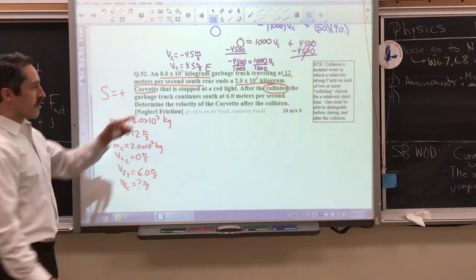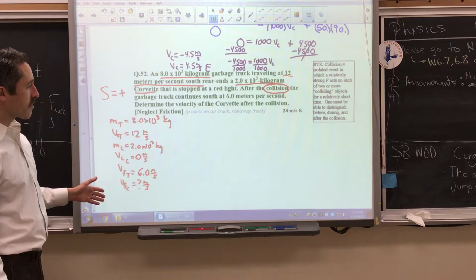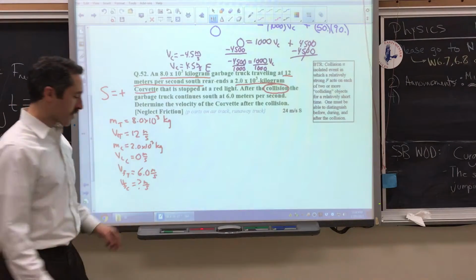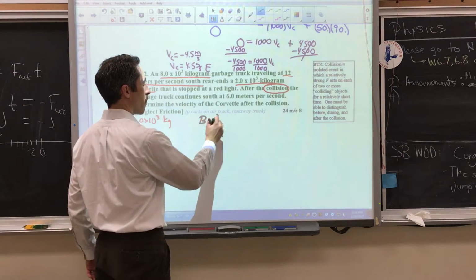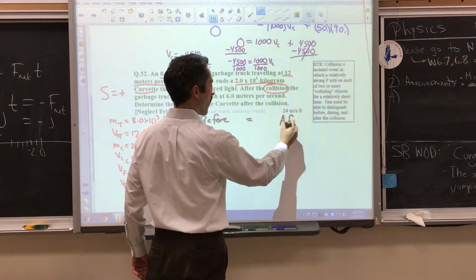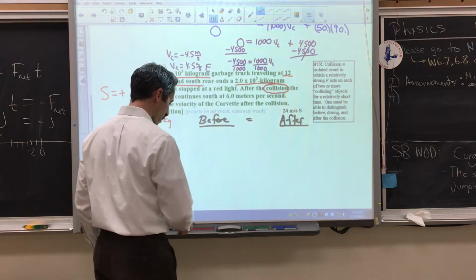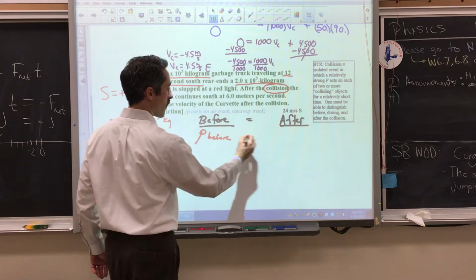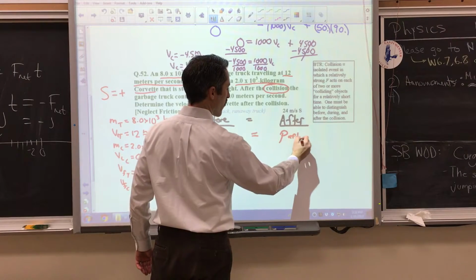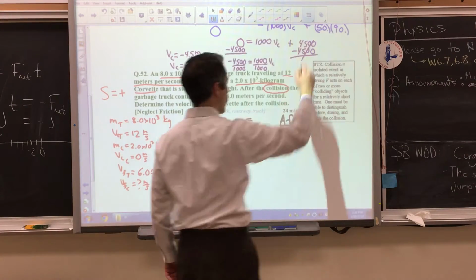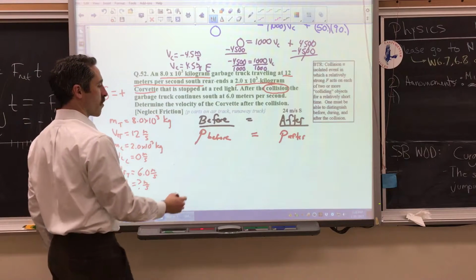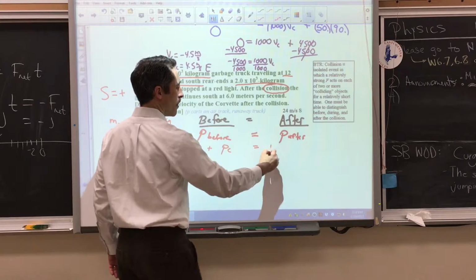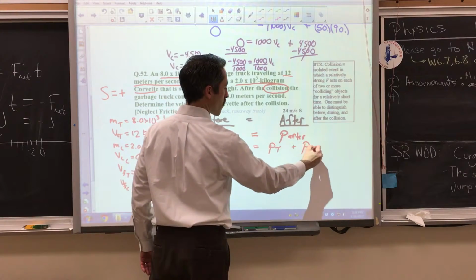Okay, well let's see. The word collision, masses and velocities, the actual car hitting car. This sounds like a conservation of momentum problem, and it is. Before equals after. And so, you can break this down just like the reference table. P before equals P after, and then start running your numbers. Now, you may realize, oh, well, it's just the truck and the Corvette, and so I'll do the complete momentum of the truck before plus the momentum of the Corvette before is the momentum of the truck after plus